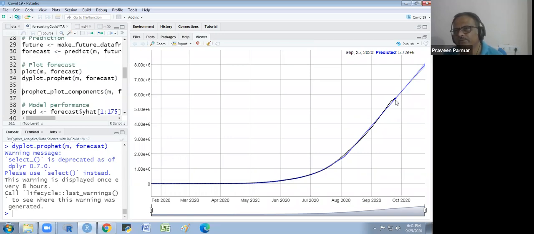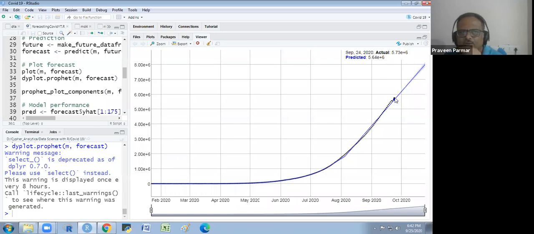My prediction was, and for yesterday I will get the data up to the 24th, because it has not been uploaded on the site. As of the 24th of September, the actual was 5.73 into 10 to the power 6, and I had predicted 5.64 into 10 to the power 6. Does that make sense to you?